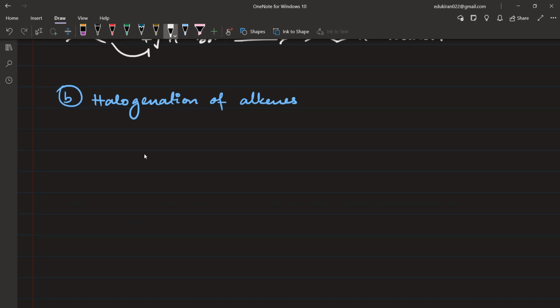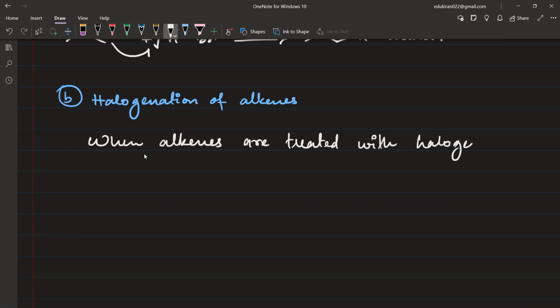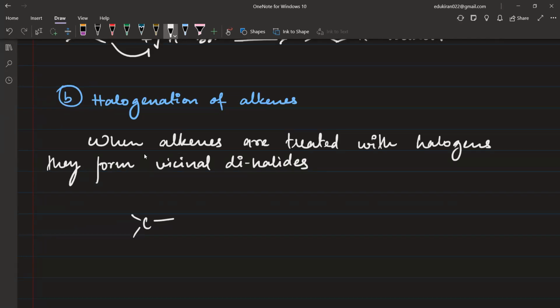Please write with me here. When alkenes are treated with halogens, they form vicinal dihalides. What is the meaning of vicinal dihalide? Carbon with double bonds